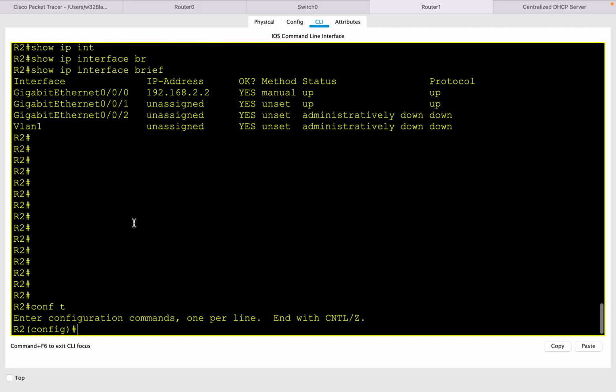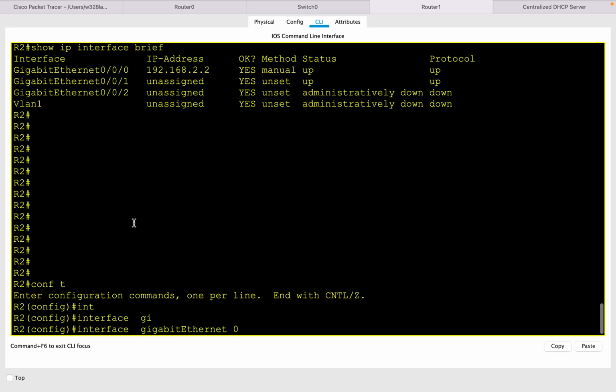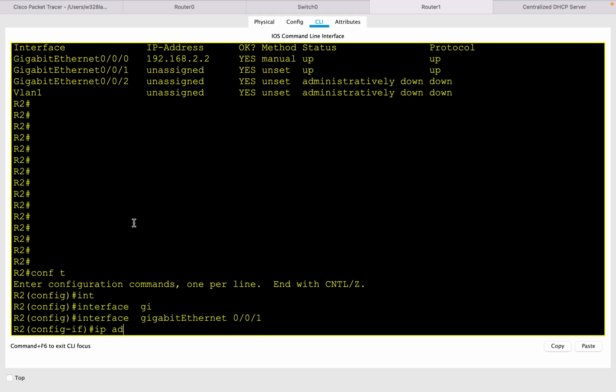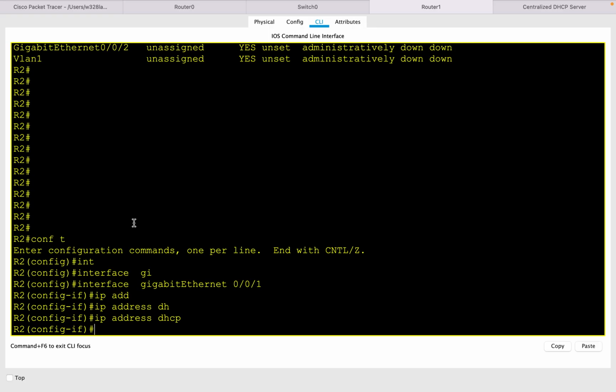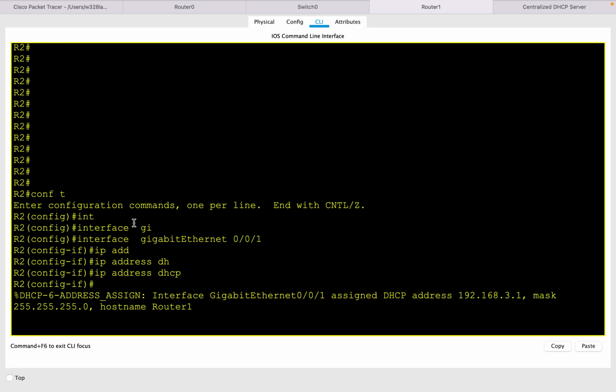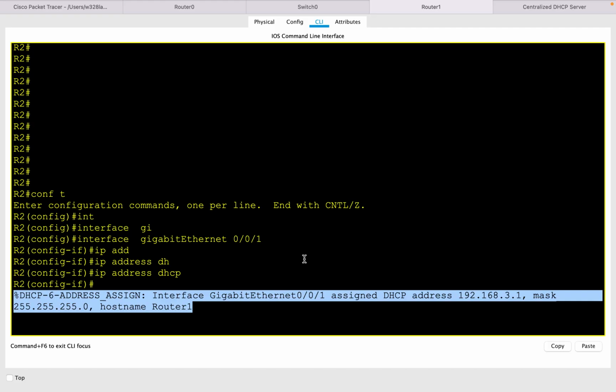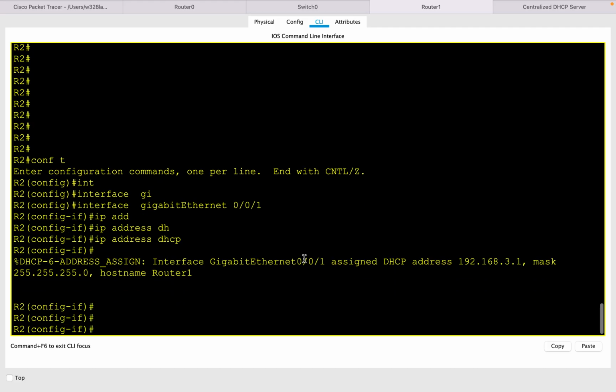Okay, so let me configure the same command to get the IP address on router R1 as well. As you can see, the DHCP server already assigned the IP address to this interface once we enabled the command. Okay, so before we hop on to the switch to see the IP address, let me show you some show commands